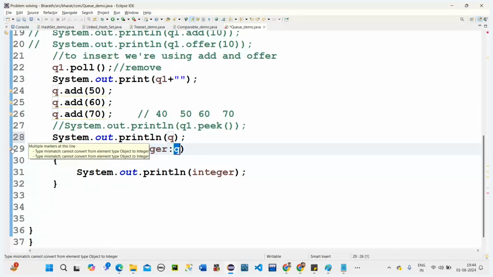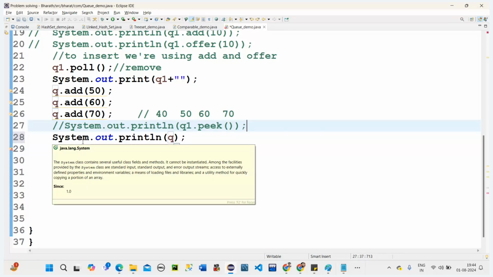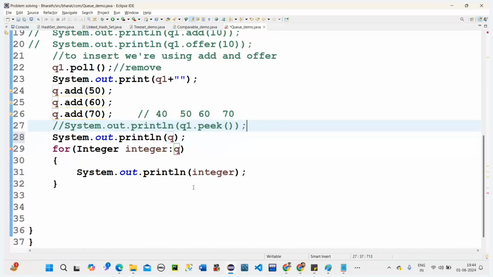Type mismatch: cannot convert from element type Object to Integer. Okay, from Object, that is what it is exactly saying. These all are objects, right? This is one object, this is another object. So these objects cannot be converted into what? Into Integer. So to convert the object into integer, what can we do? Whenever we have this kind of problem, what to do is simply just